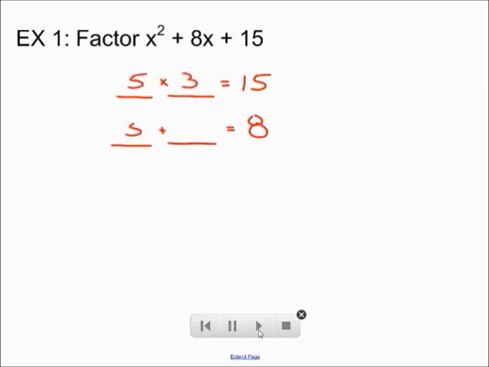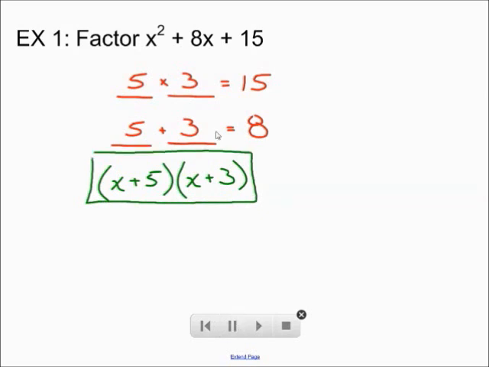5 times 3 is 15, and 5 plus 3 is 8. It really doesn't matter which order you have them in. Now we're ready to factor this trinomial. X plus 5 times x plus 3 is the factorization of the original trinomial. And we can check this answer too